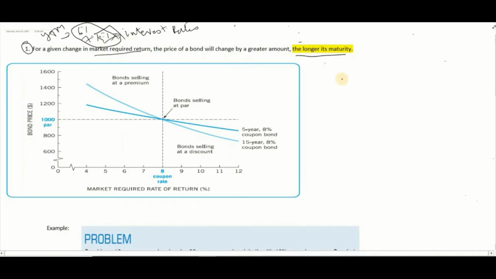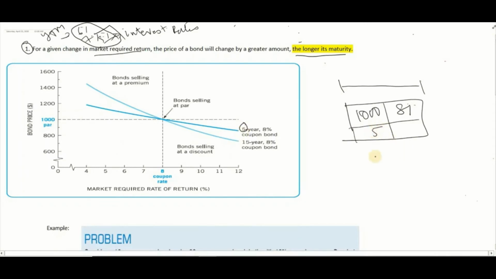Okay, so there are two types of the bonds. Let's see from this one. Okay, so let's say we have two bonds, right? 1,000 is the par value, 8% is the coupon rate. The first bond has a maturity of 5 years, and the other bond has the same characteristics, but the maturity is 15 years, 8%, right? So let's see if the interest rate changes, right? So if interest rate changes to 9%,